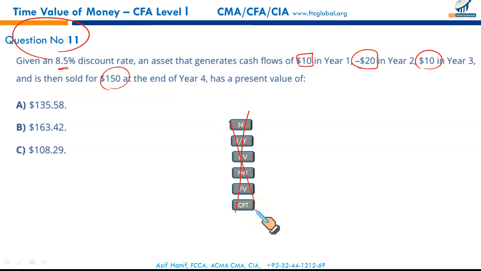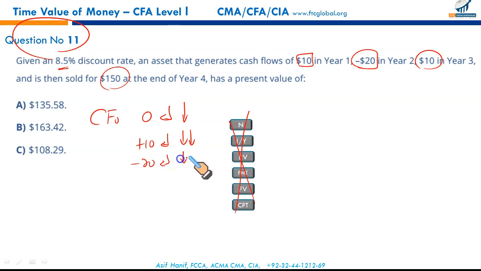What you will do, let me tell you, you will use the NPV function of your calculator. You will write CF0 as 0. For the first year, there is no cash flow. Right now, there is nothing. At the end of year 1, you get $10 positive. You press enter and down arrow key twice, meaning $10 occurs just once. When the cash flows are repeating, you will change it. I will show you when there are repetitive cash flows. The frequency of $10 is just one, so there is no number you can see between these two down arrow keys.